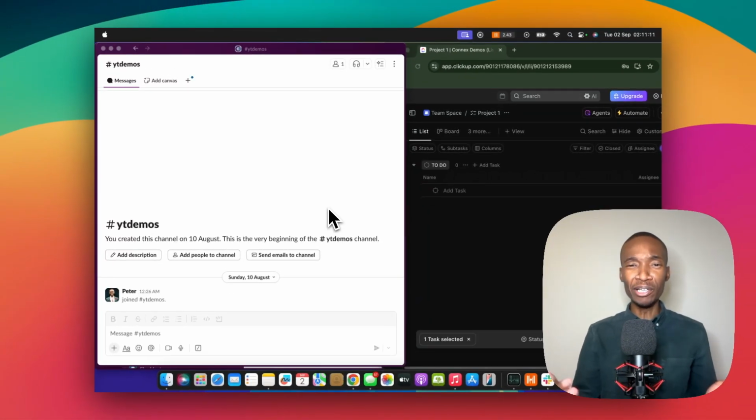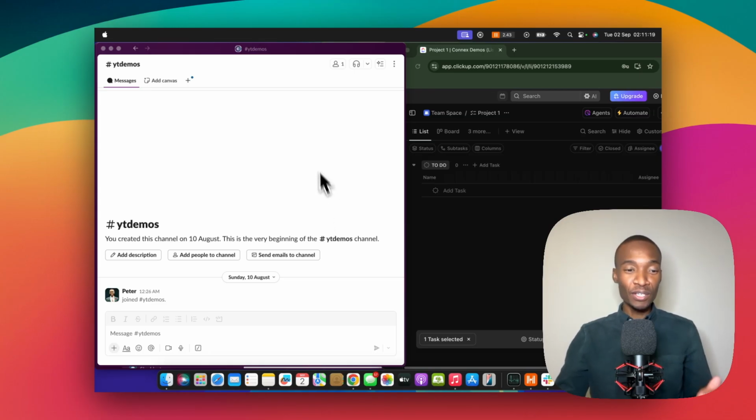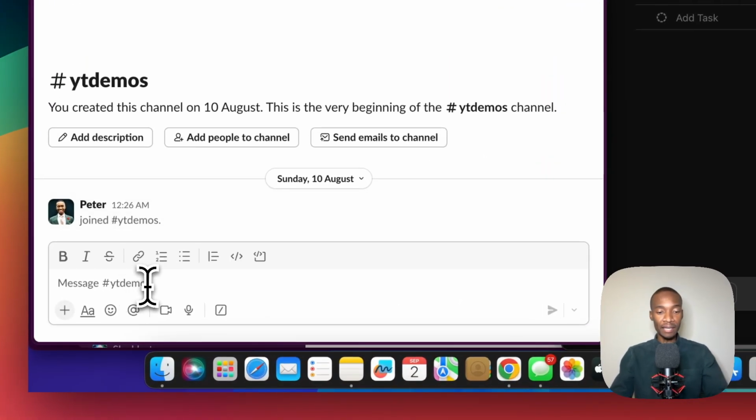Are you still manually copying tasks from Slack into ClickUp? You can automate this entire process by using this simple automation. So check this out. On the left hand side, I've got a Slack channel that's open, and I'm just going to create a message here. I'm going to say create a new Slack to ClickUp